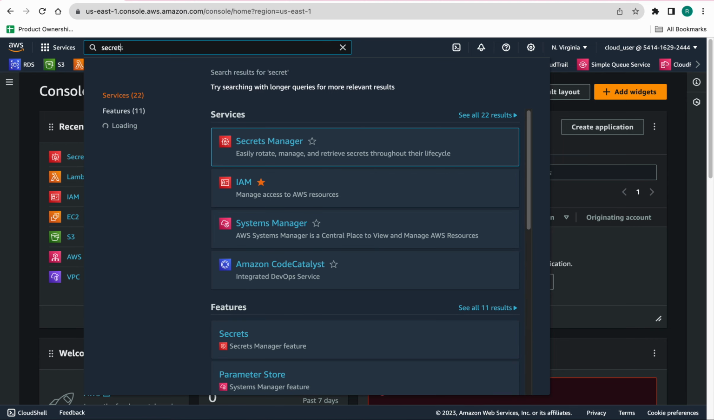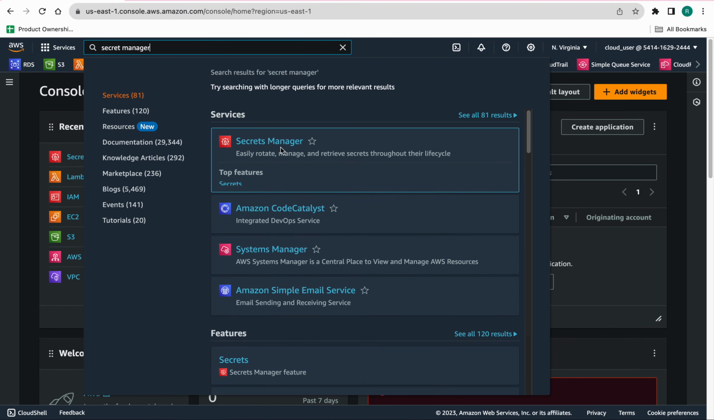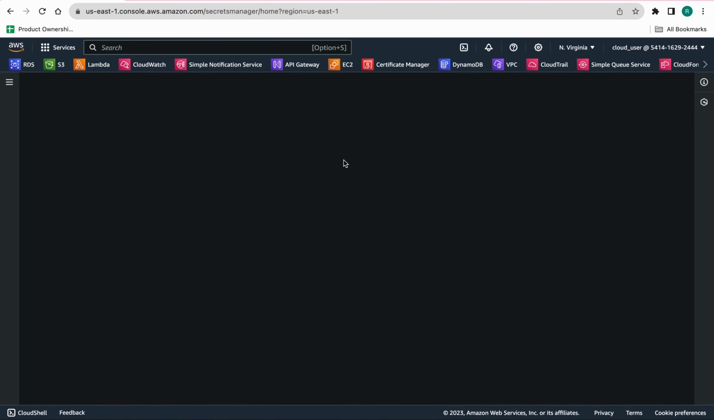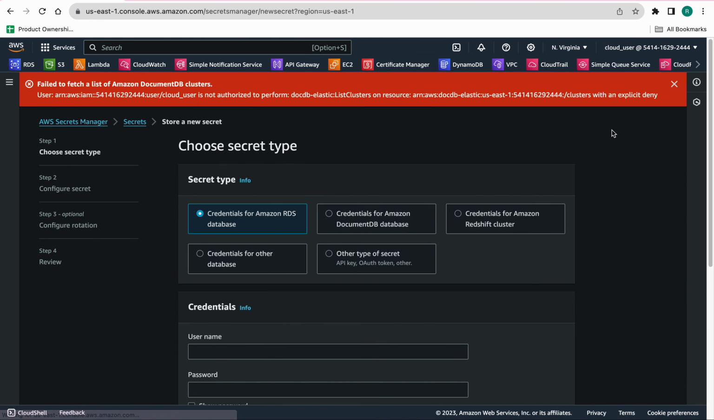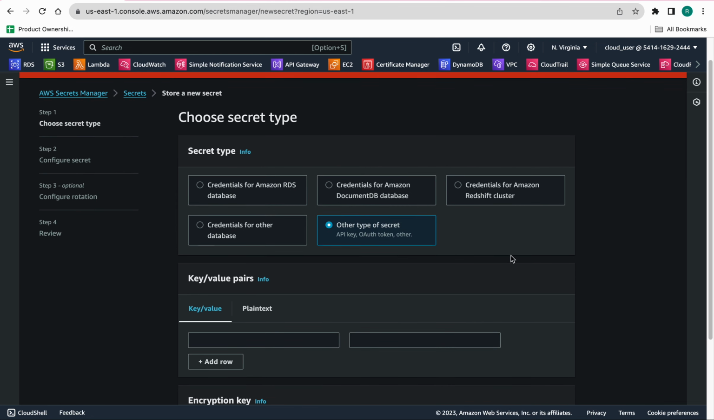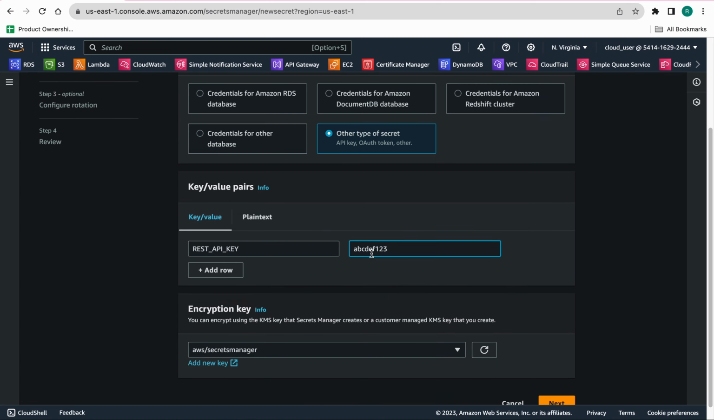Go to Secrets Manager. Here I'm going to create a secret. Here you can create credentials for RDS, and also you can create API keys or tokens, etc. For demo purposes, I'm creating one REST API key. Here I am giving ABCDF123. For demo purposes, I am assuming this as my key